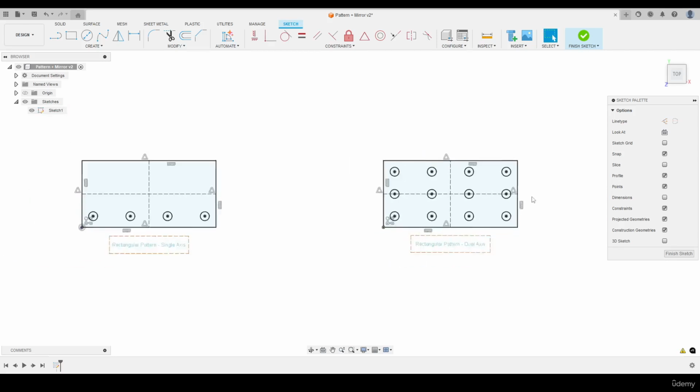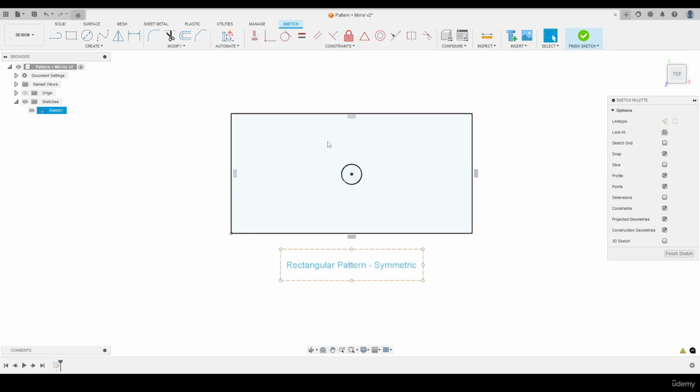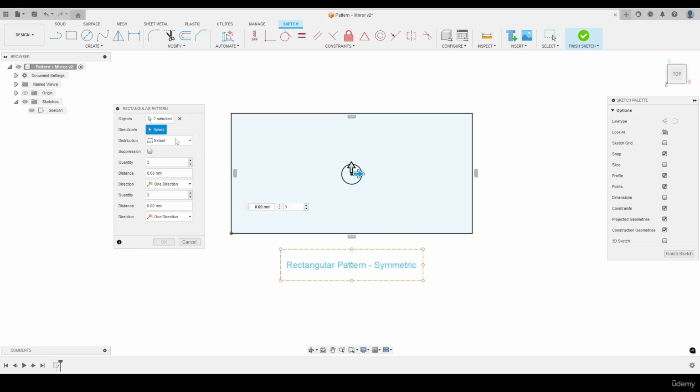Let's now move on to symmetric patterning. I'm going to use this sketch up here to help me. Let's say that we want this circle to be patterned in both directions, horizontally and vertically. Let's come under Create, let's choose our rectangular pattern tool, under Object, select the circle, and under Direction, let's click